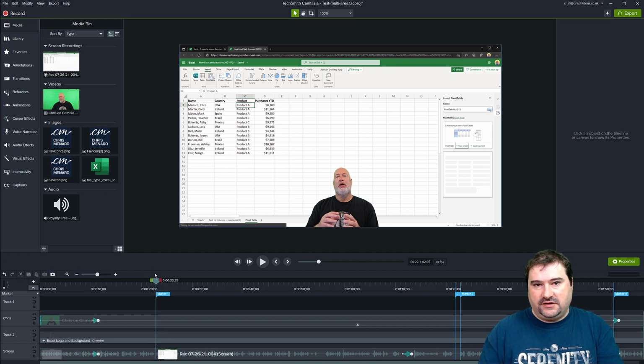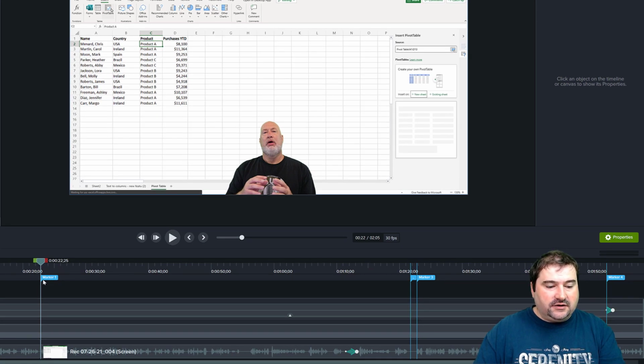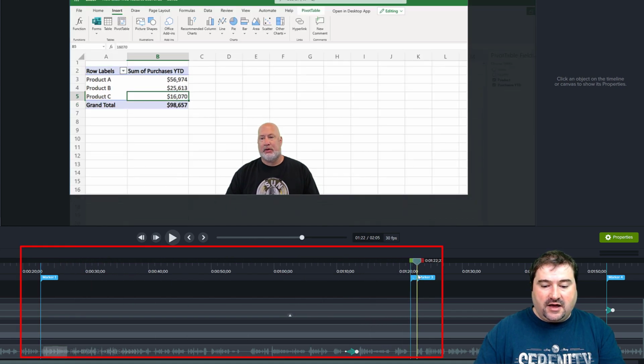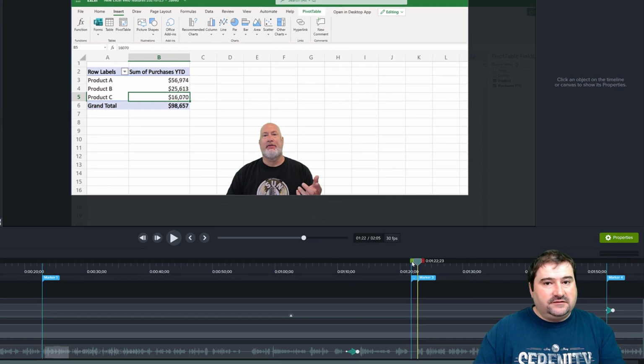You may have to do it for the entirety of your tutorial. If you're recording your screen, doing an on-screen tutorial, and you're jumping from one side to another all the time, then maybe you will have to do this procedure for the whole video. But I don't need to do it in this case, so I only selected this part here where the marker is. I'm going to show the information starting here, and then I have to be careful because I'm zooming in, of course, and then I'm going to stop here at the far right because I'm done with the tutorial. So this is the way to do this.